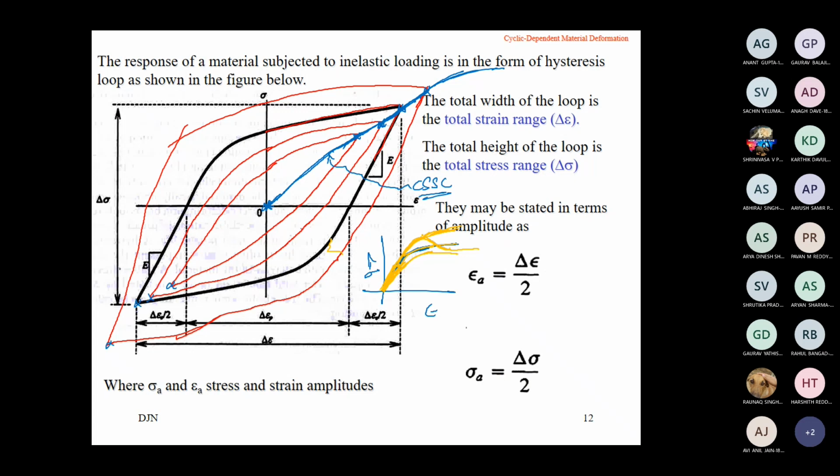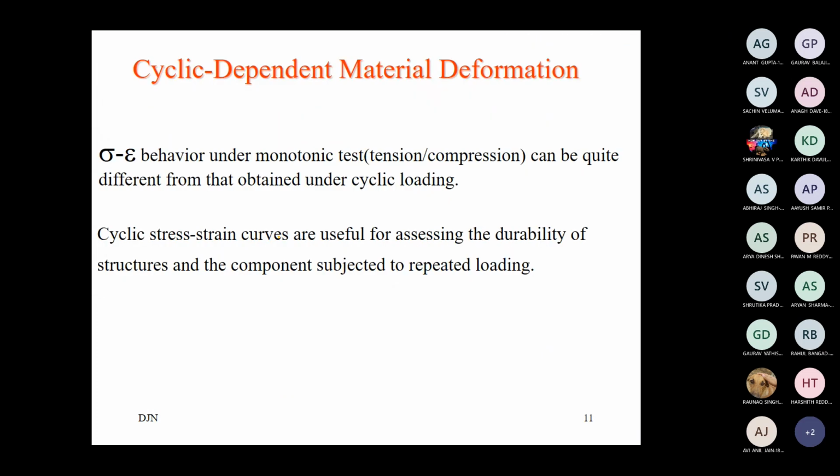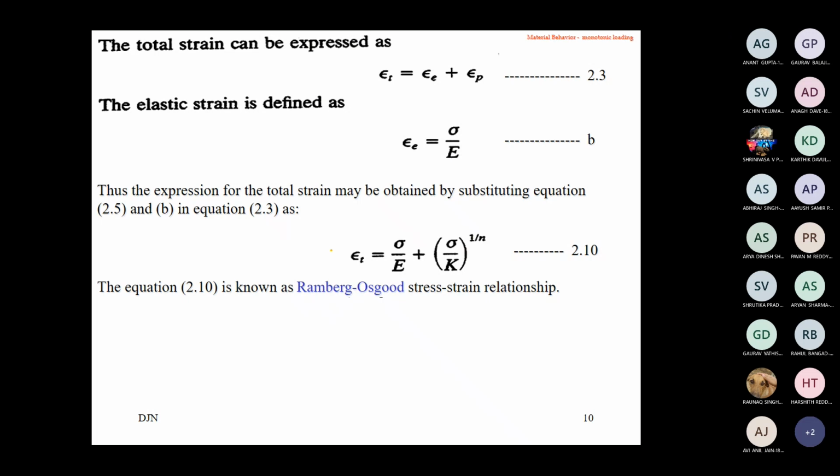So this is about the cyclic stress strain curve diagram. I think now you can closely relate this to the Ramberg-Osgood equation given for the monotonic curve and the Ramberg-Osgood type equation given for the cyclic curve. Epsilon T is sigma by E plus sigma by K dash to the power 1 by N dash. This is the CSSC curve equation. The other one is the monotonic curve equation.